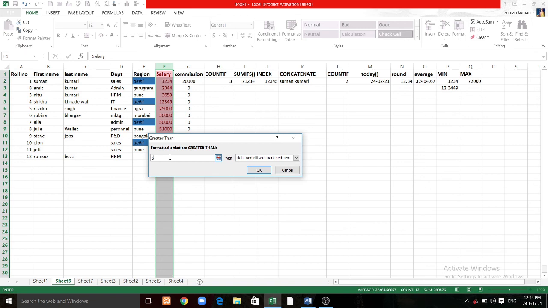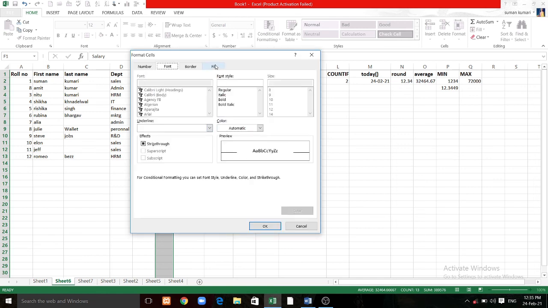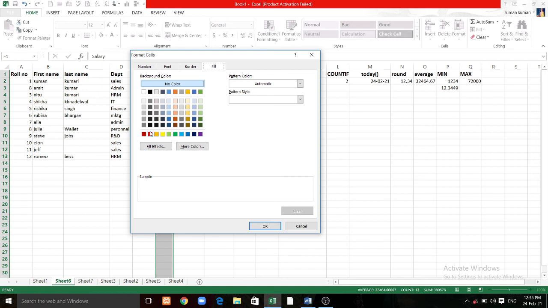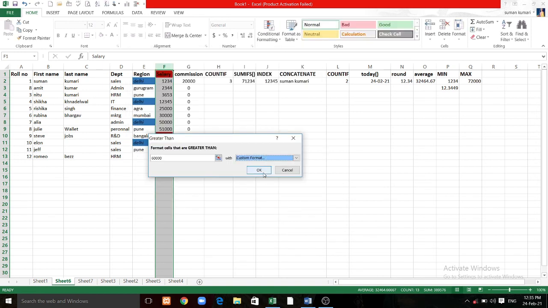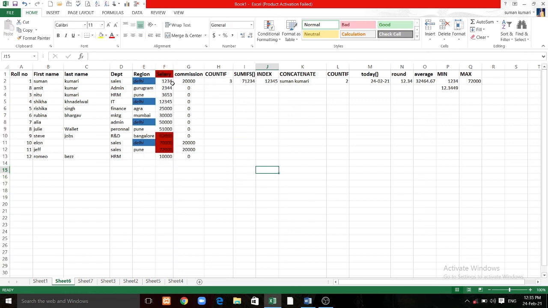So whose salary is more than 60,000, red color. Okay, so the change is done.